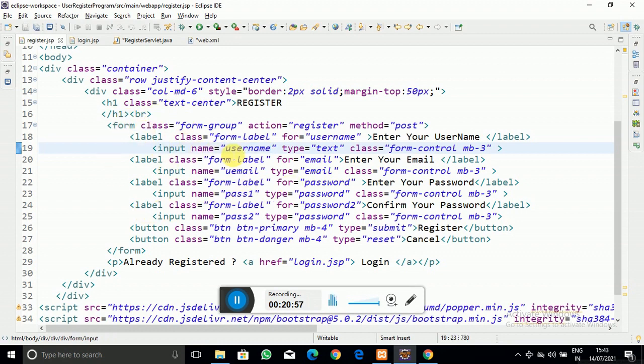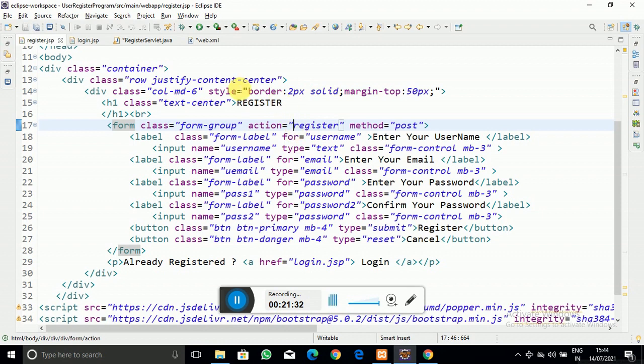As you can see, there is an action attribute in the registration form, which I have written as register, and the method I have given is post. As we are accepting the data securely, I am going to use the post method, and for action I have written register.